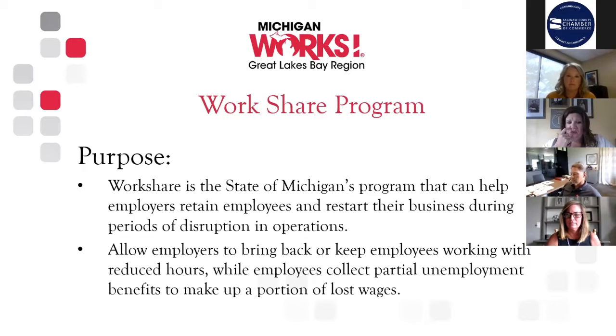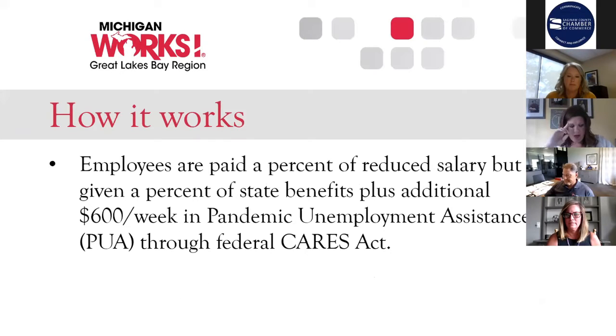So, the program is set up so that you can bring your employees back at a reduced rate while still being able to allow them to collect a partial unemployment benefit. It's really significant to remember that the $600 federal pandemic unemployment assistance is only going to go until the end of July. So, for some of you who are struggling to find talent, you can't get people to apply for positions,